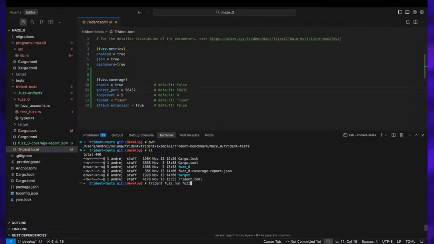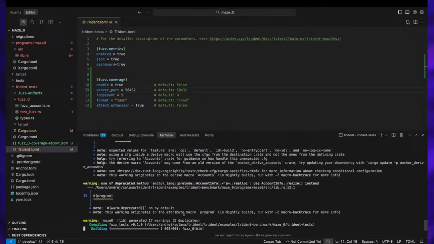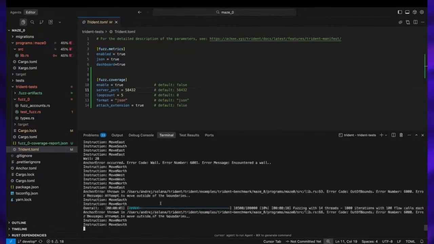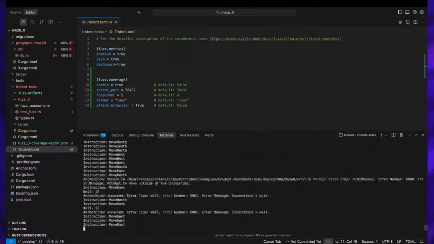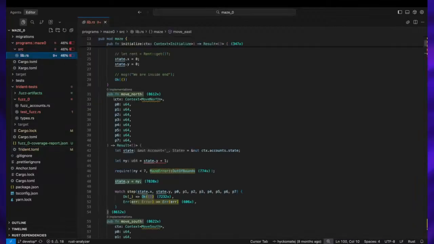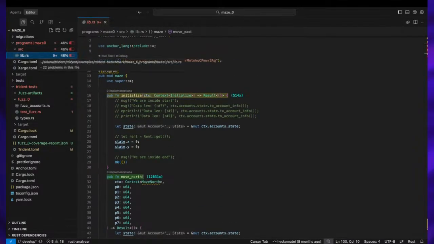Trident fuzz and the name of the fuzz-test. So fuzz0, if you have 10 fuzz-tests there, you just call the correct name. All right, you can see some outputs already. So it is fuzzing. And if I navigate to the lib.rs, you can see some indicator here that we are basically